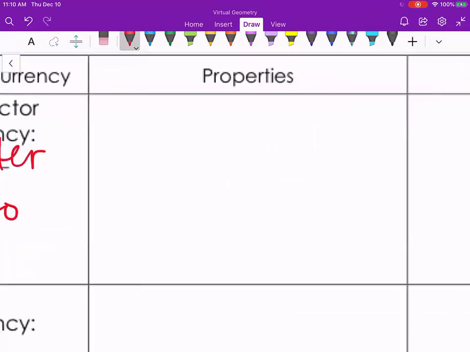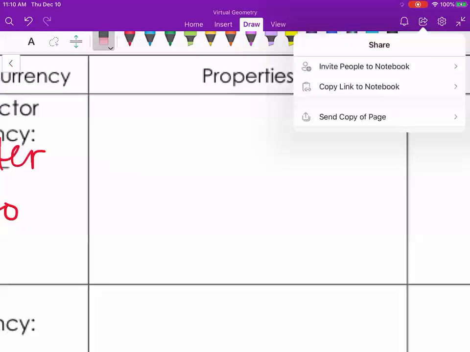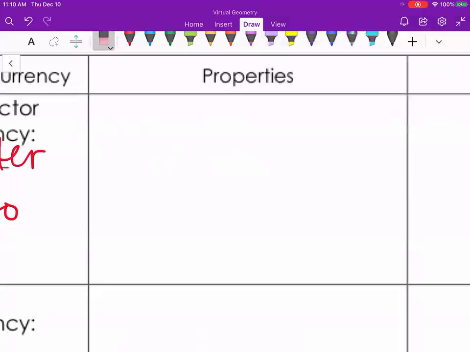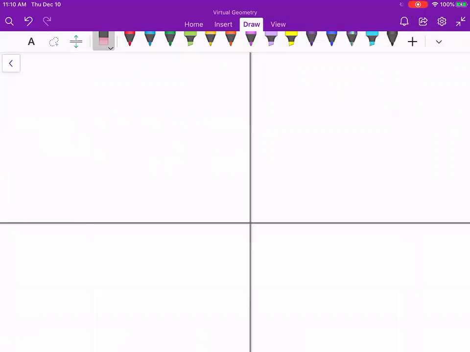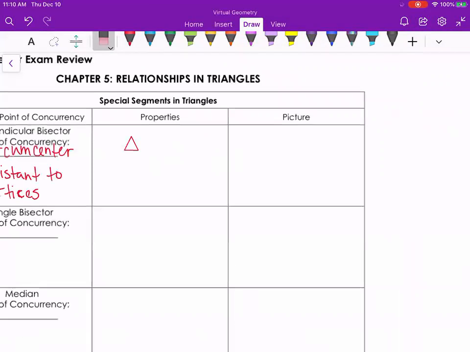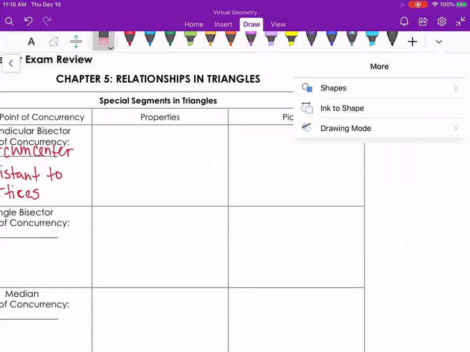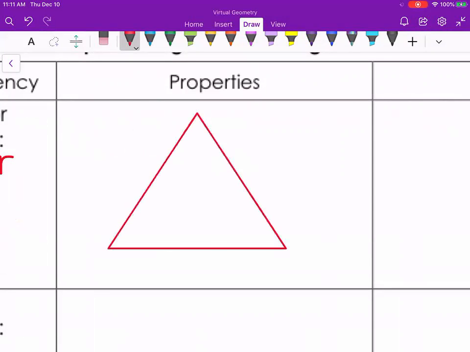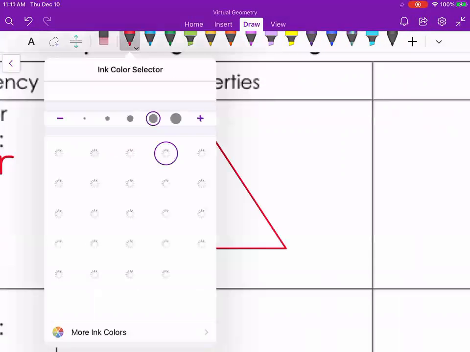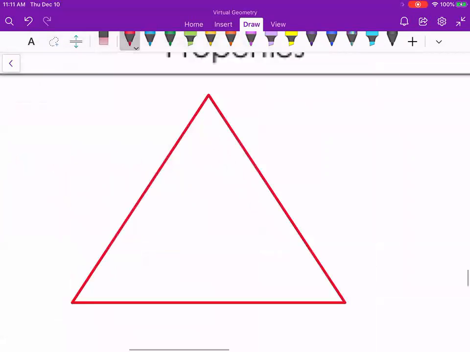All right, so for our properties, again, in our triangle, I'm gonna make that a little bit nicer. Oh, sorry, that's a teeny tiny little triangle. All right, let me zoom back in here. All right, there's our triangle. Okay, so for these to have perpendicular bisectors, we have to start from the